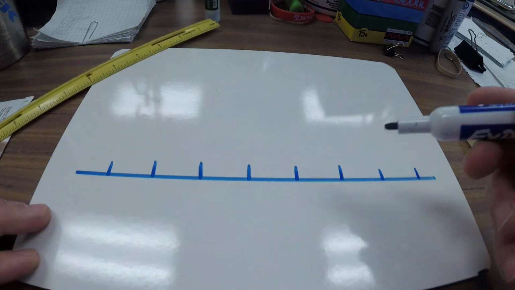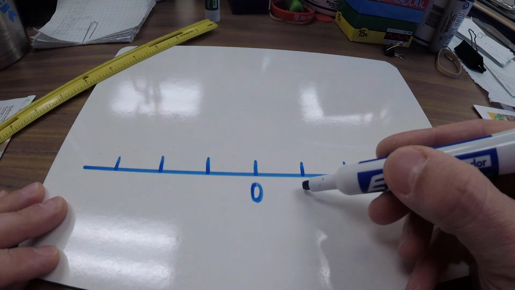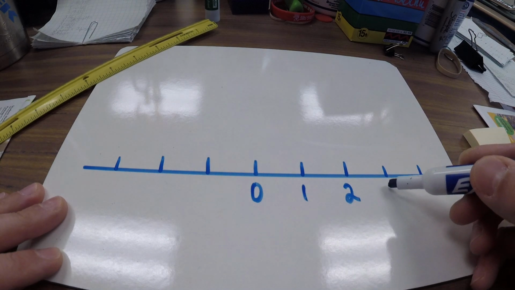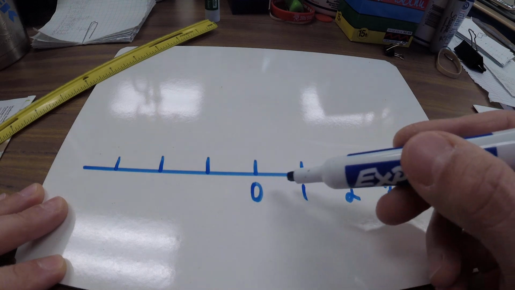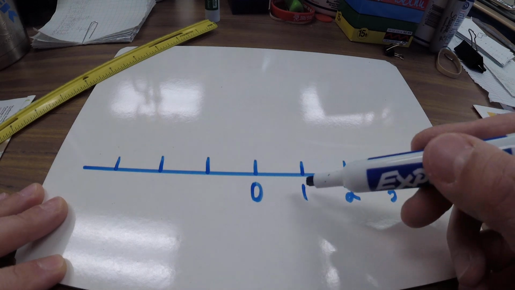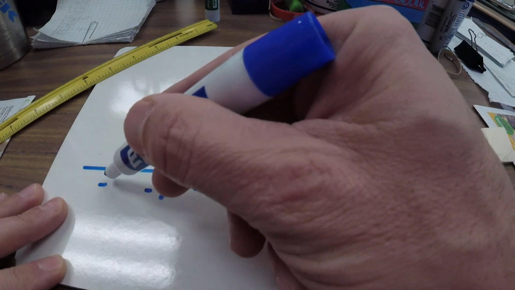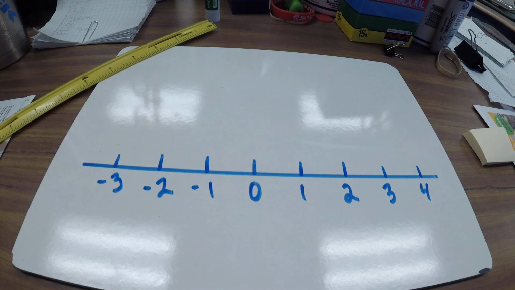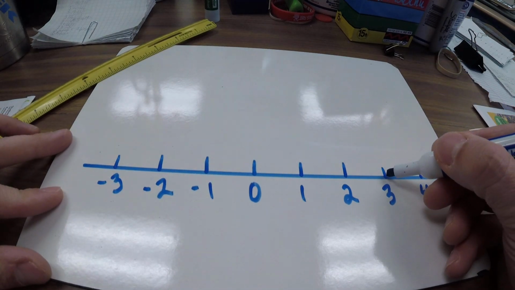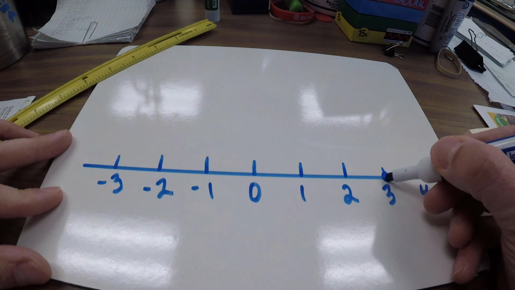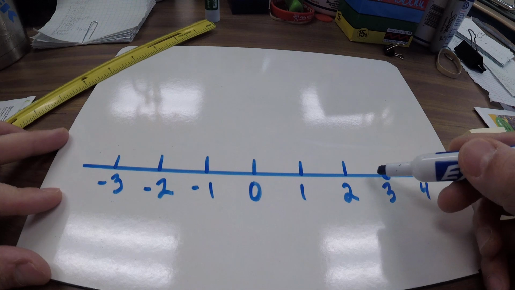On some number lines, there's going to be a 0 for the most part in the middle, and we need to make sure that the spacing or the interval stays the same. So the interval or the spacing between all of these, or the scale, is 1. So the distance between each one of the characters is 1. This has the 0 in the middle. If I have to plot 3, I'm making sure that the point is at the intersection of the number line